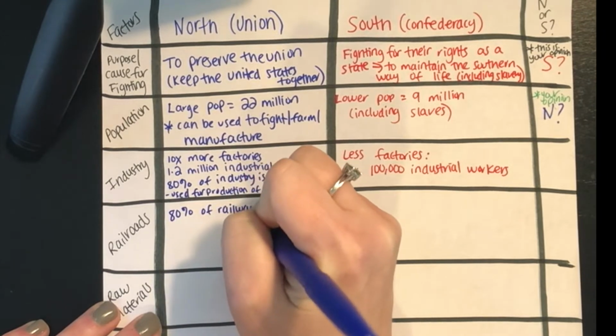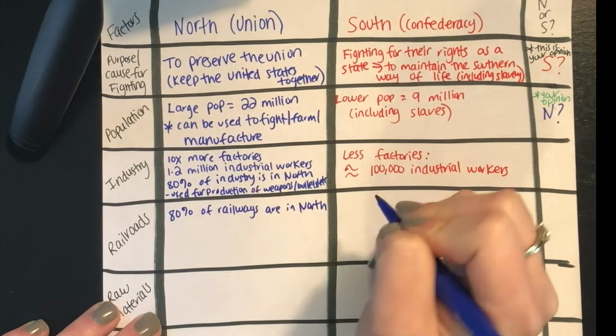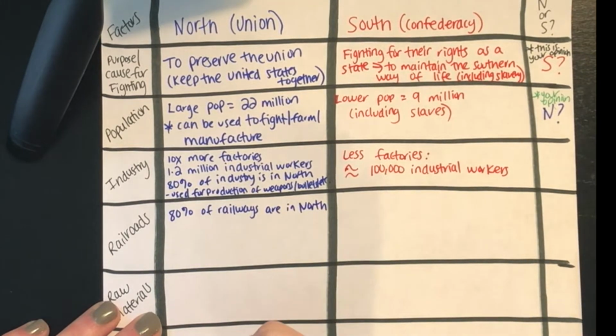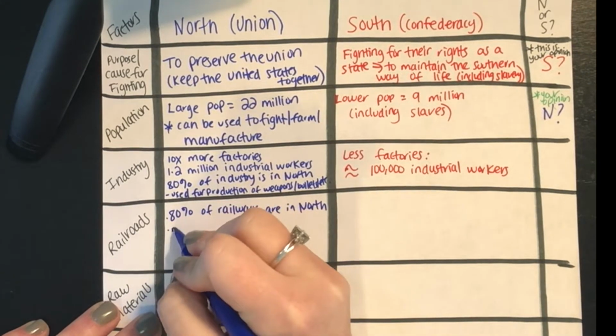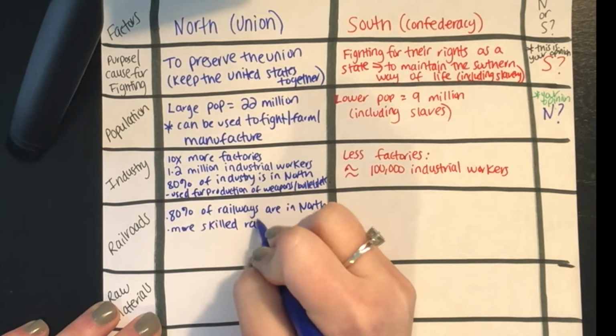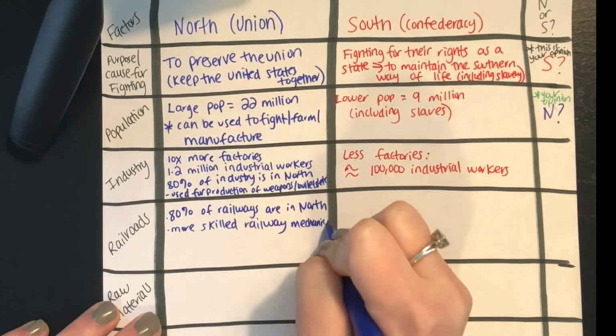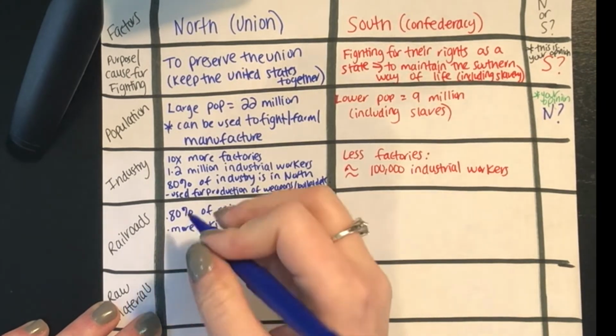Railroads, transportation. Another number, 80% of the railways are actually in the North. This is important because these railways can be used to transport troops. They also have more skilled railway mechanics, so if something goes wrong, they have more of a, they can